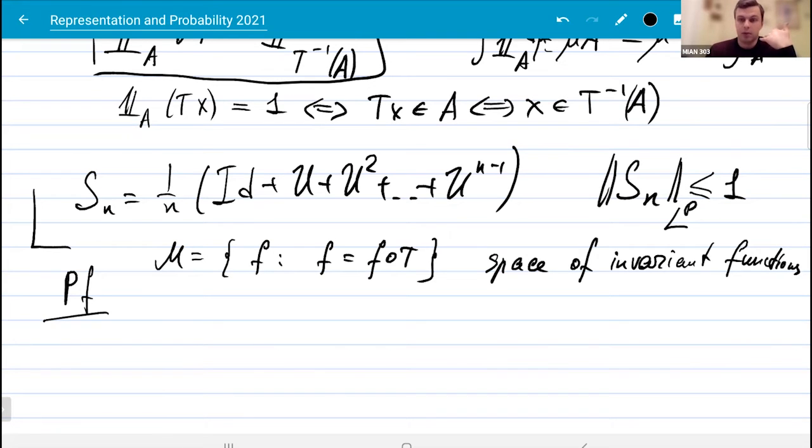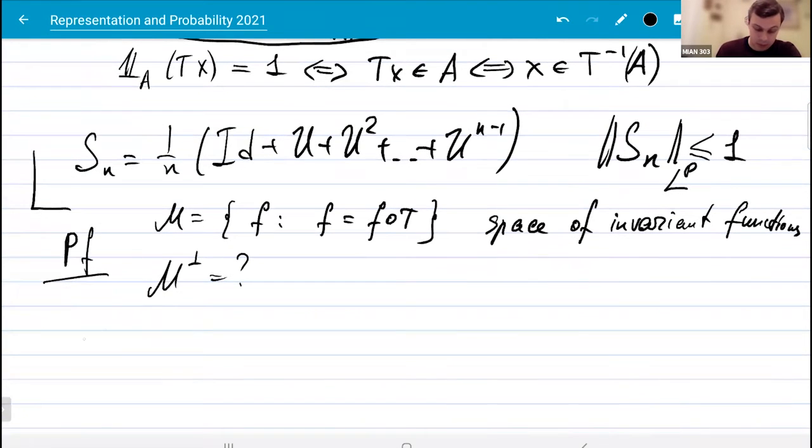And what is its orthogonal complement? Then the answer is N, which is the set of all